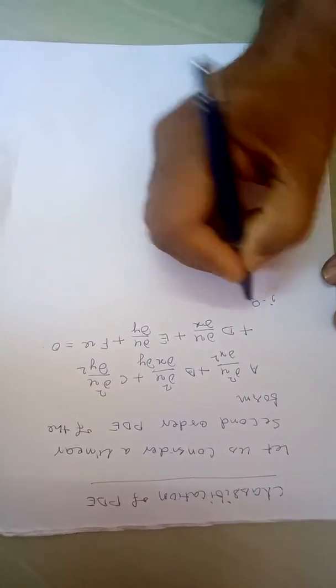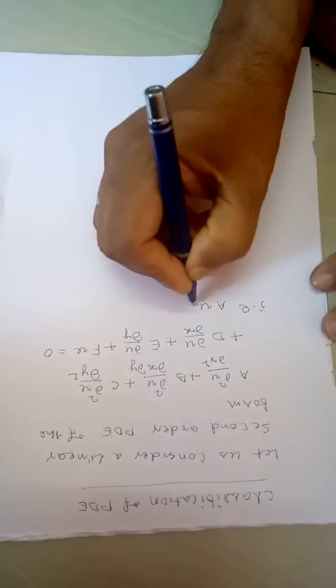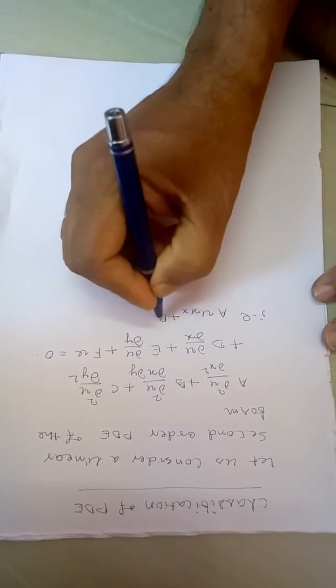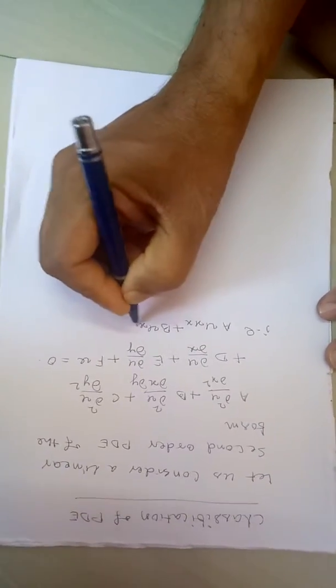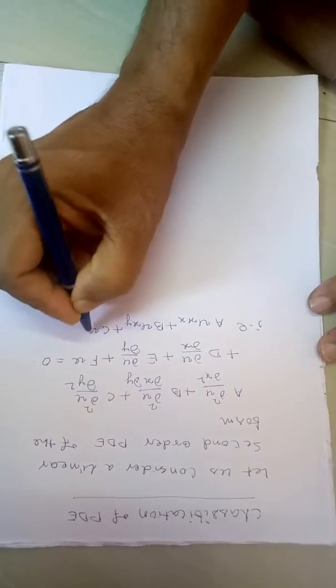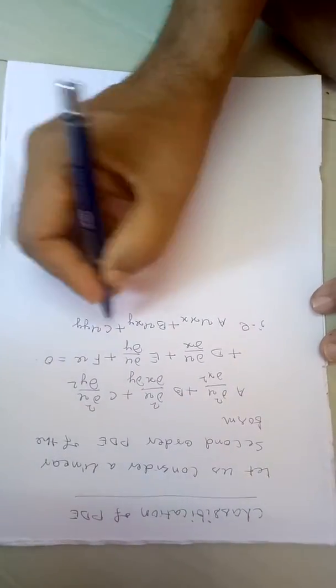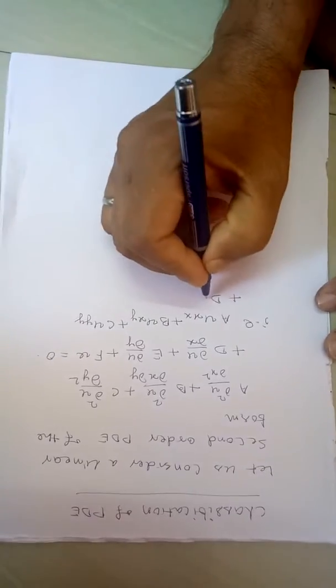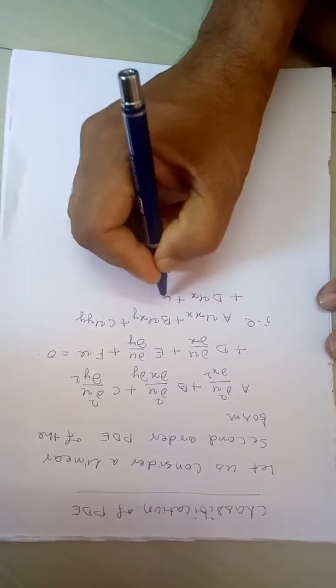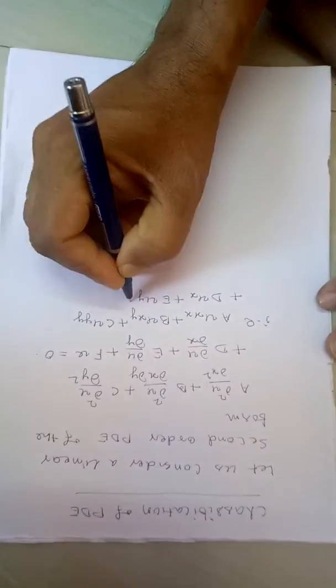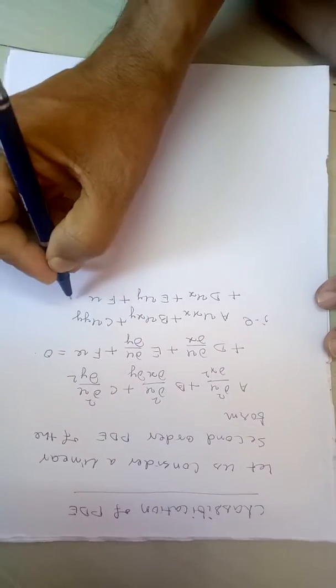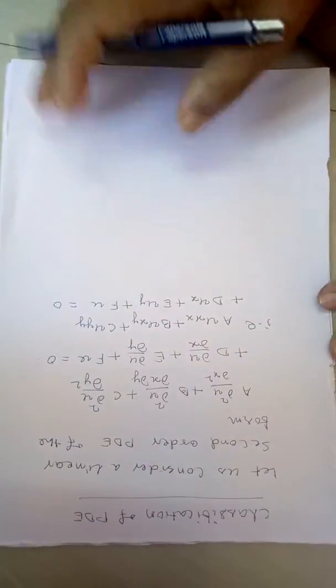That is, a uxx + b uxy + c uyy + d ux + e uy + f u equal to 0,